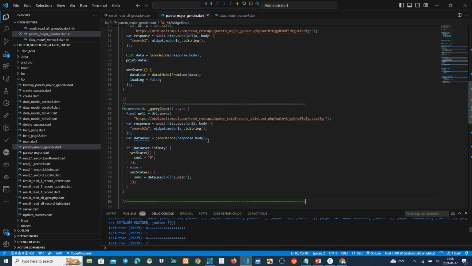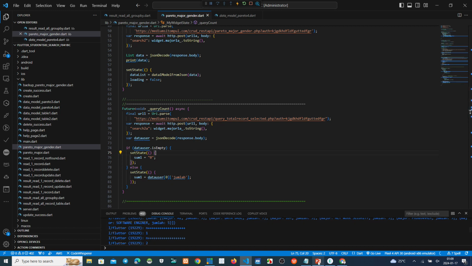To get the result, we can pass this parameter, and also we must include the search to A. This is the parameter of the measure.